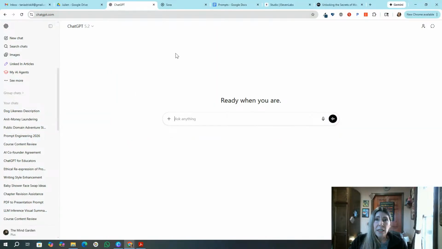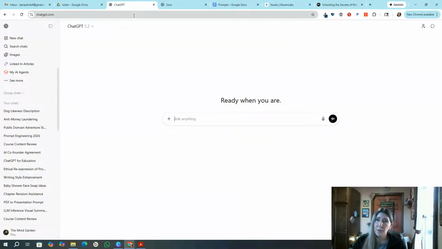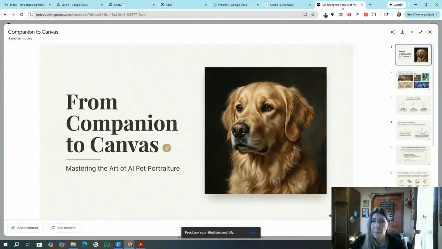Today, I'm going to be using ChatGPT and the old Sora. You can do these on a free plan. I'm on a paid plan, but these will work also on the free ChatGPT plan. And also, you are not restricted to doing this just on ChatGPT. That's my preference. But what I'm going to show you could be used on many different LLMs and many different image generators. So this is just the one I know will work for free. So I'm going to demonstrate that. But this will work on any of them.